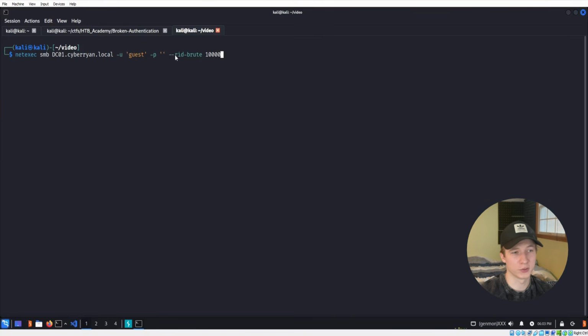If we weren't able to determine users with the users export flag, we may be able to do so with the RID brute force flag, using --rid-brute. RID brute forcing is a technique to try to identify all of the relative IDs in a domain, which could include different users or groups. By default, it's going to check the first 4,000 relative IDs, but we can set this value to whatever we want. In my case here, I'll set it to 10,000, and we're going to be using the SMB protocol to